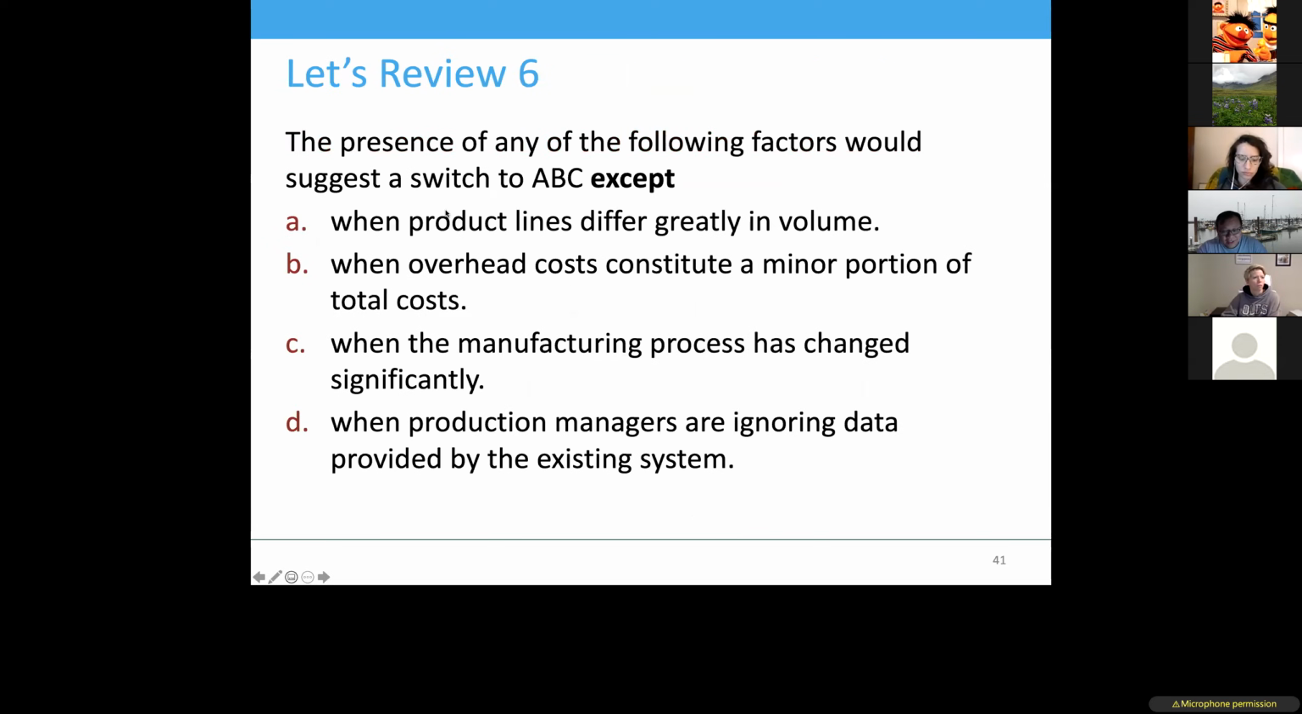Okay, let's take a look at this question. The presence of any of the following factors would suggest a switch to ABC except